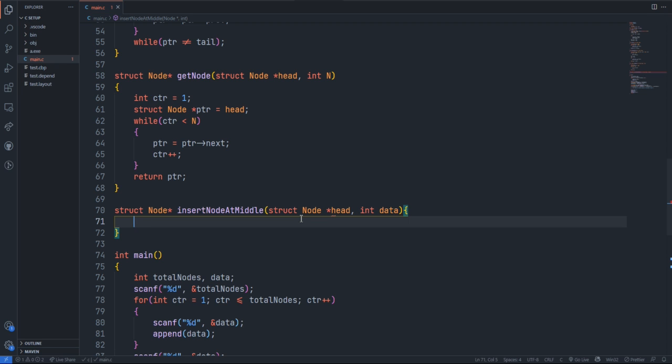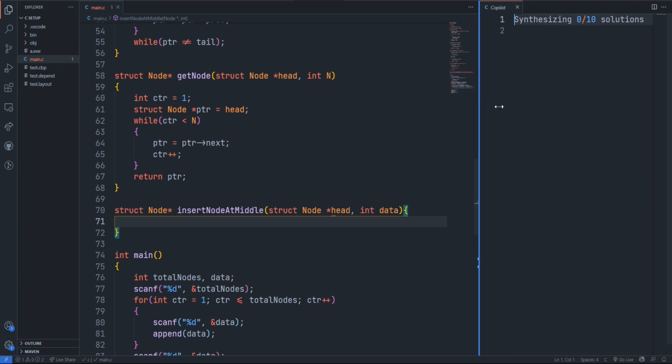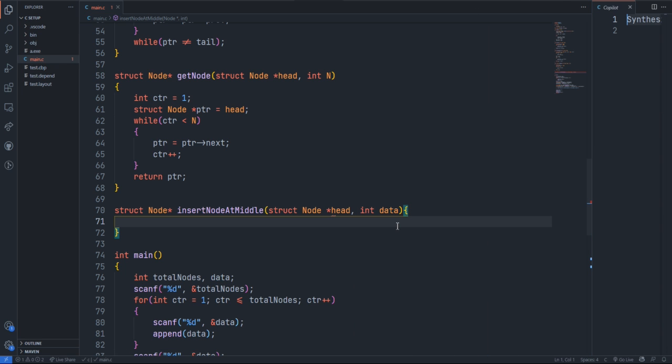First of all, I have a connection with GitHub Copilot, so I can generate code with Control Enter. It should show me some kind of code suggestion. Because of my poor network, it is taking time. We'll see that later once this is loaded.